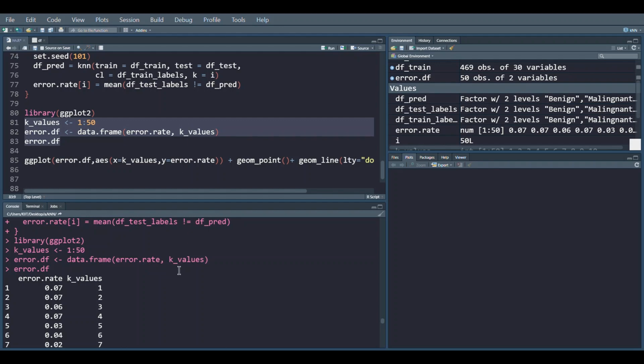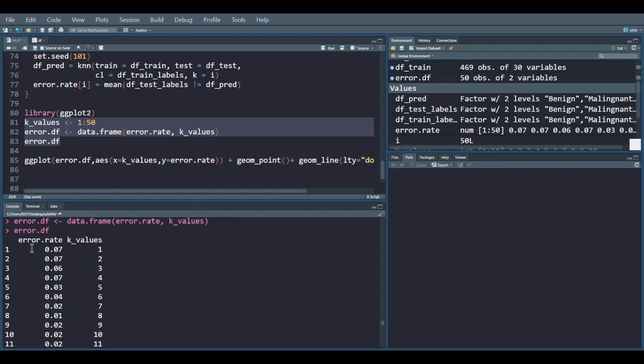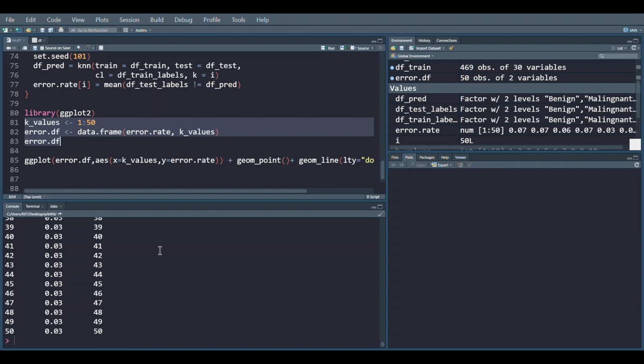After that, with the k values, we printed out the data frame. So for k value 1, it has been 0.07. Like this, you could see till 50 we have made the data frame. Now our job is to plot this particular data frame.